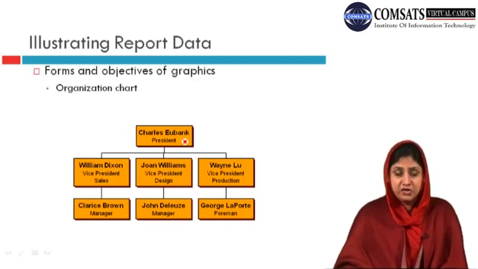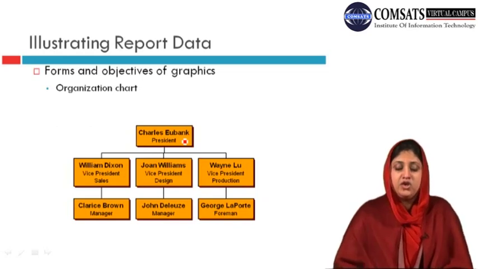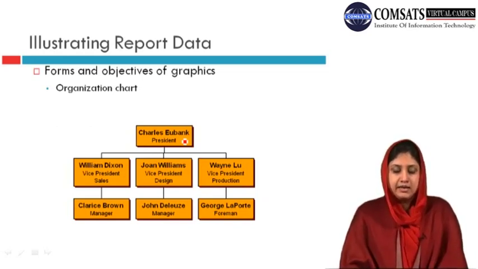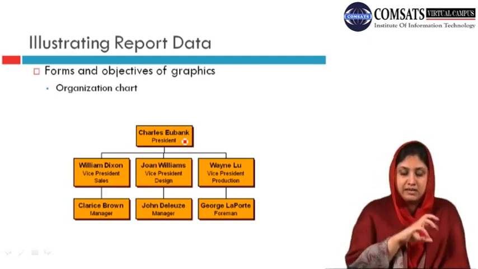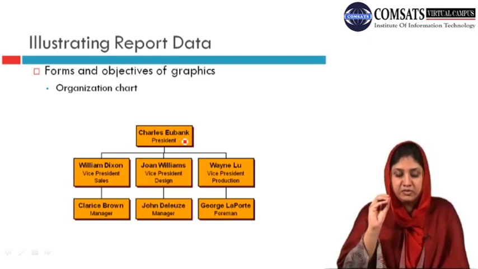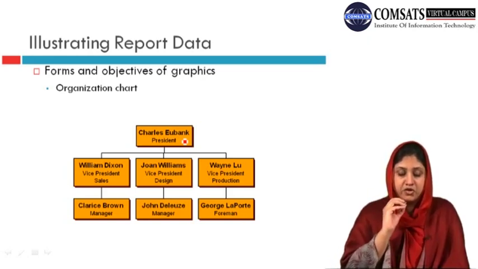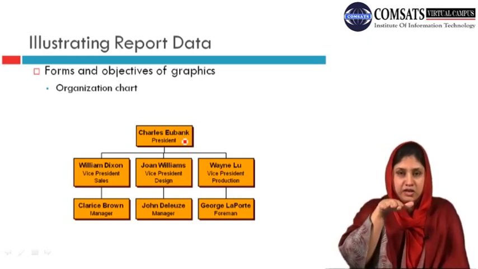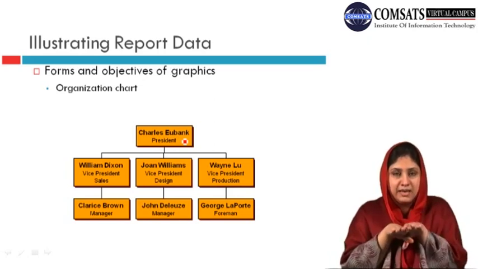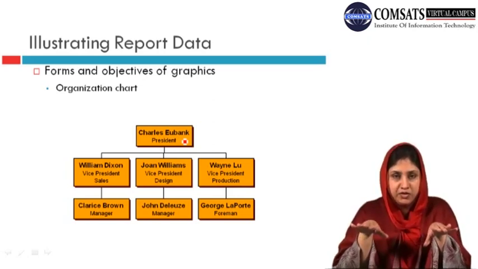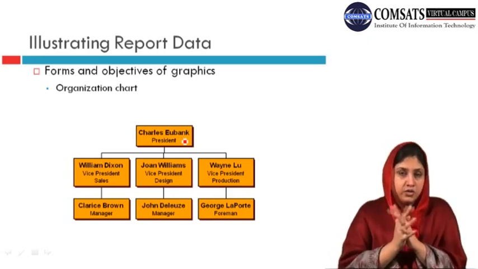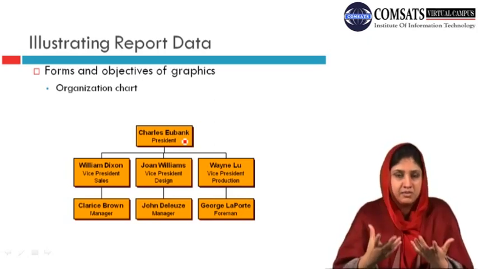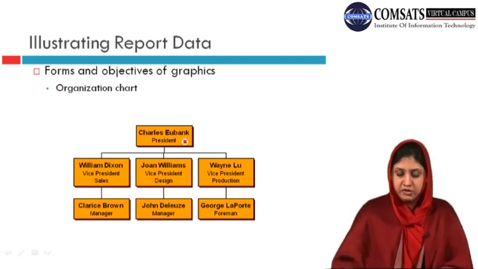Then you have organization charts. You can look at this organization chart. It shows a kind of hierarchy of items, and this is used to basically present a hierarchy, like the president is supervising sales, design, and production vice presidents, who are again supervising managers and foremen, and they all are connected. And then it shows the same place, the same supervisory status of some action. So organization charts are always good if you want to present some kind of organization of ideas or people or institutions.